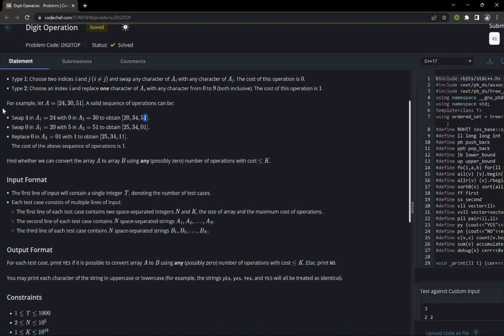Similarly, if we do a type 2 operation on this array, suppose we change the value of 0 to 1, then the new array will have 11 at that position. The cost of this operation will be 1, and earlier the cost was 0 as we performed a type 1 operation.